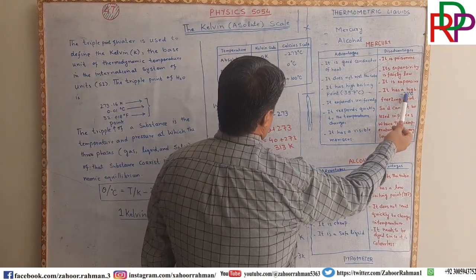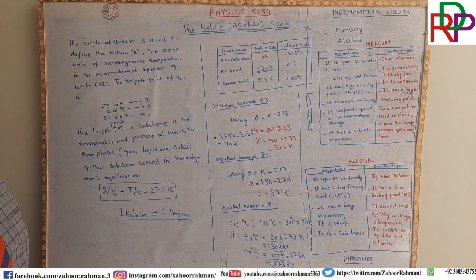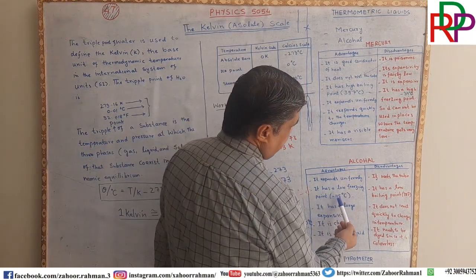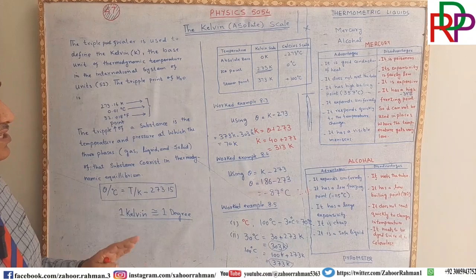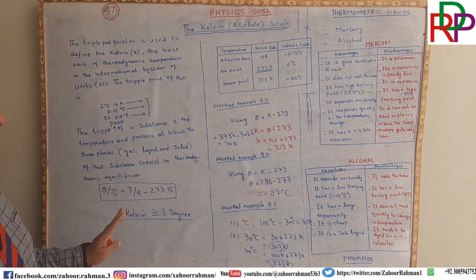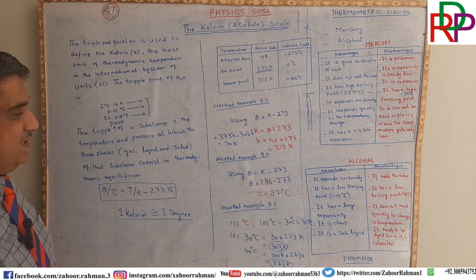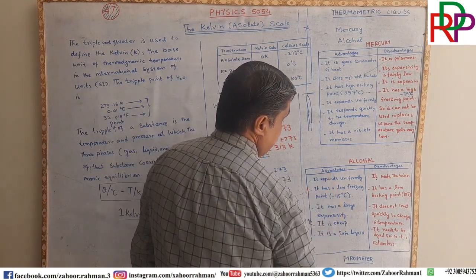In the case of mercury, we have minus 39 degrees Celsius as the low point, but here we have minus 115 degrees Celsius. So mostly where we need very low temperature, we will use